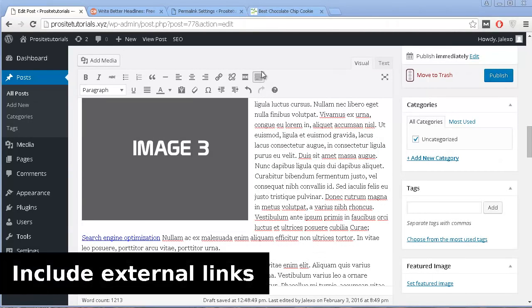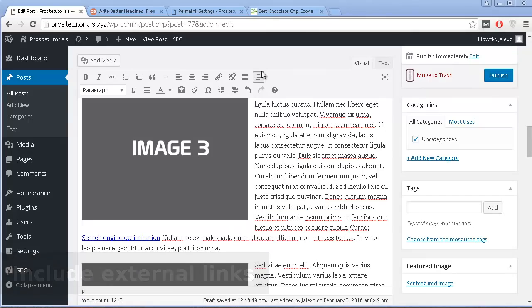And the last thing I'm going to talk about on page SEO is you should always include external links inside of your post. And basically what you want to do is link to other websites that have related content as yours but have more influence on the internet than your website. The reason why you want to do this is because Google sees that good websites tend to link to other good websites, and by doing that you're pretty much telling Google that your website is good because it's linking to other good websites. So what I could do is create a link to a post that Wikipedia has